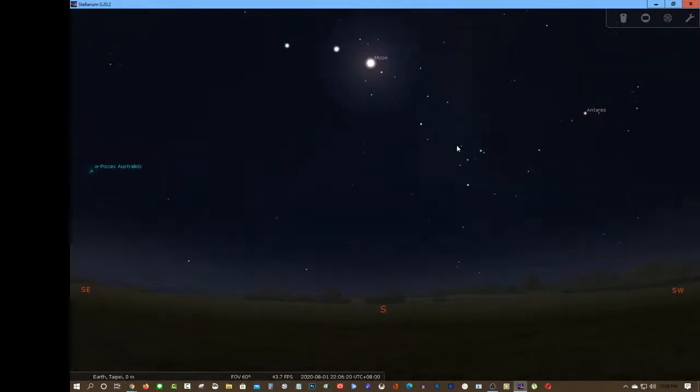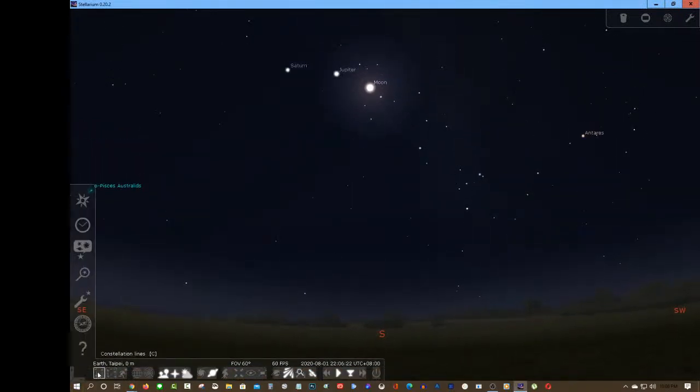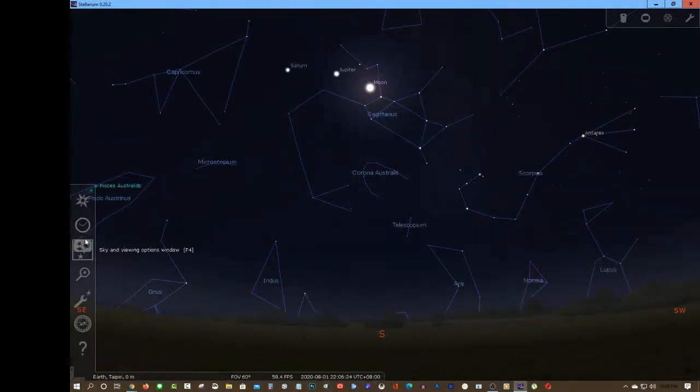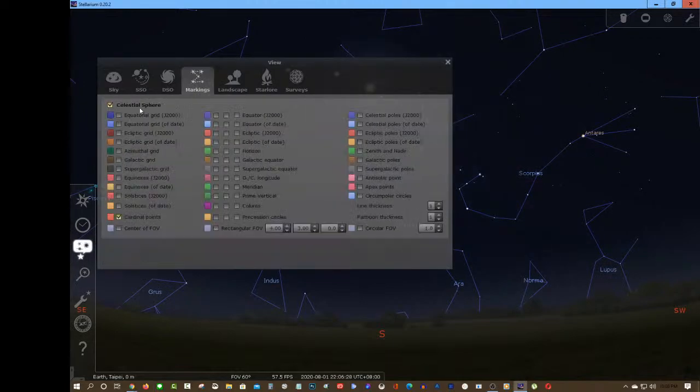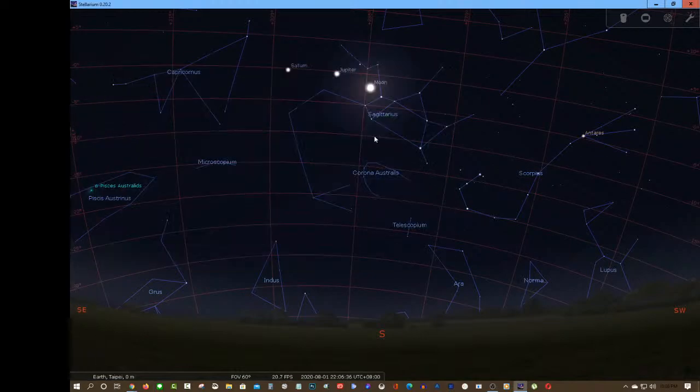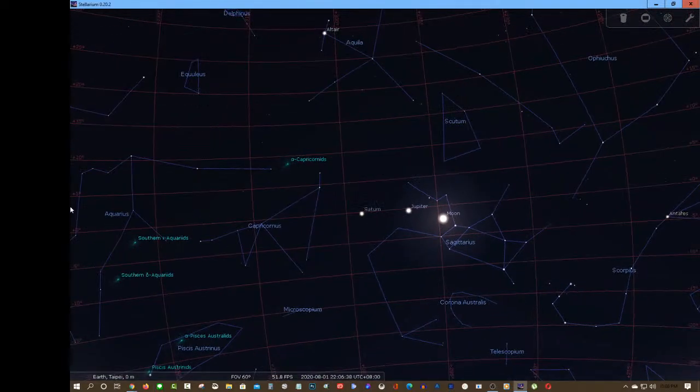What I want to show you is the ecliptic. Let me just show you how I got my numbers. Get rid of the Milky Way and turn on the Ecliptic Grid. I go with this J2000. I'm not sure if there's a big difference. And now with the grid, you can see the 0 is there, and you can see the